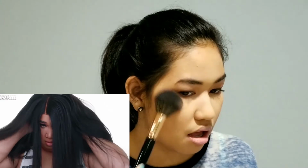Boom. Maybe I should add a little bit of a gloss because it's, yeah. I can't add any more blush because I don't. Oh, maybe I should add slightly this. Hey. Okay. Sorry. Maybe I'll add a little bit, not too much shimmer. How can I open this? Good. So here is my wig, because I like that better than my